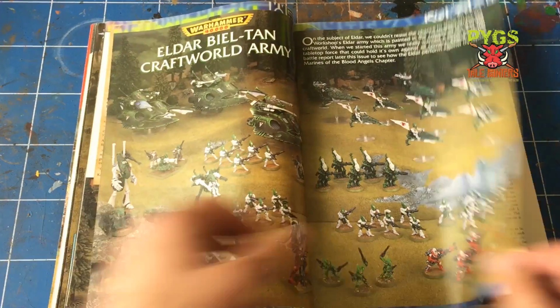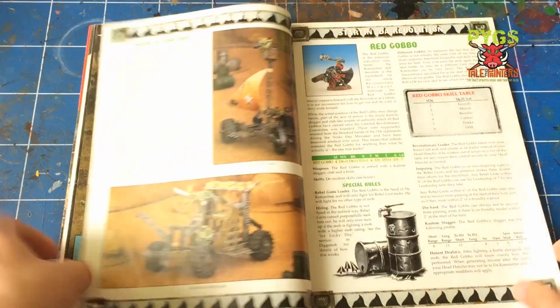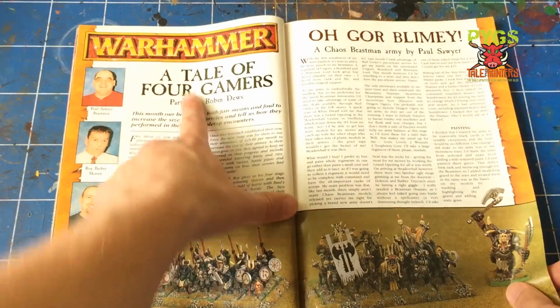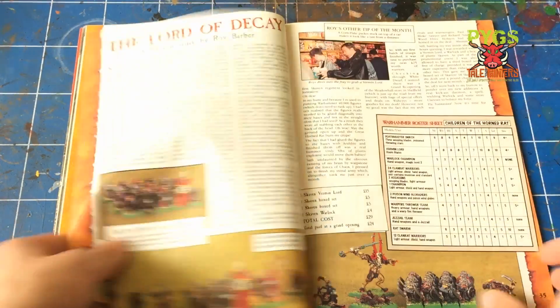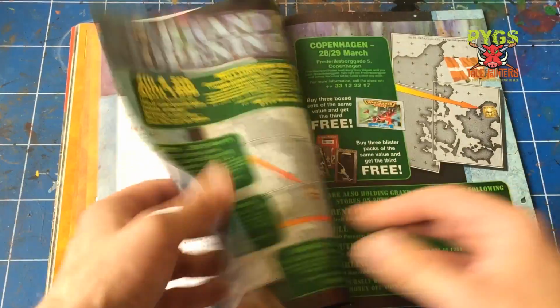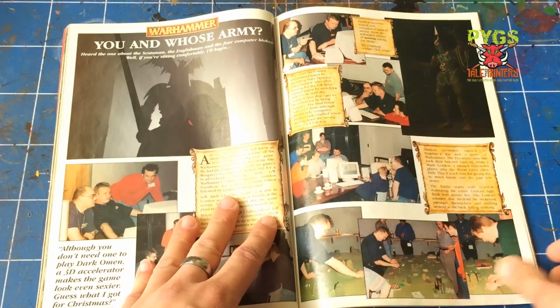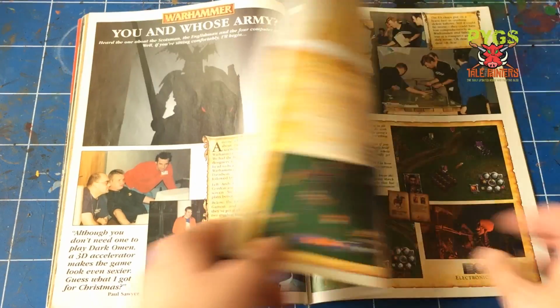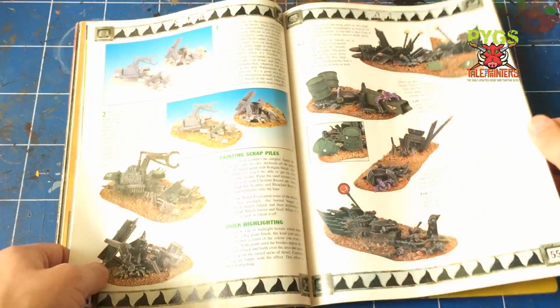Beltan Craft World Army. Some more stuff. Less adverts in this one, which is good. Tale of Four Gamers. Anyone remember that? So yeah, it gives you an idea of where it came from. Store listings, adverts, computer gaming, advert. So yeah, I mean,